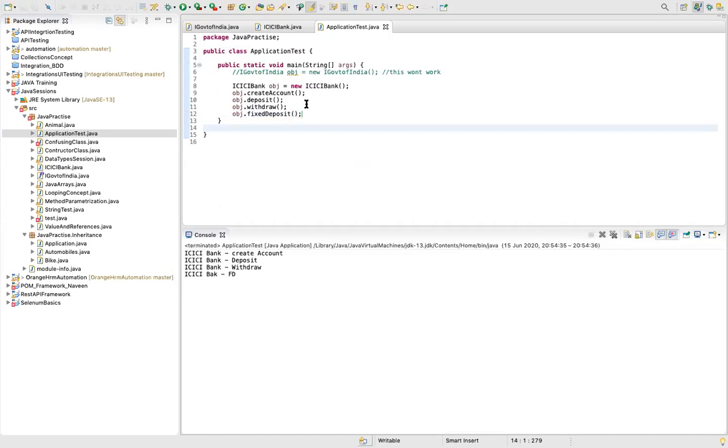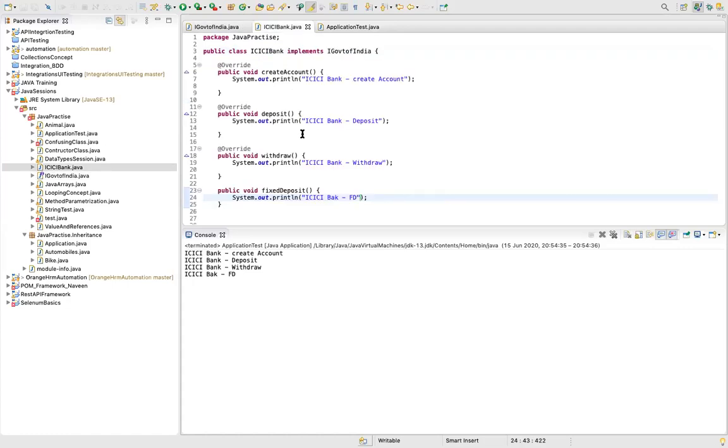And now let's assume this particular ICICI Bank also wants to trade in the share market. SEBI is the regulating authority of the share market. Let's assume, I'm not exactly sure, but I have heard SEBI looks into the share market.